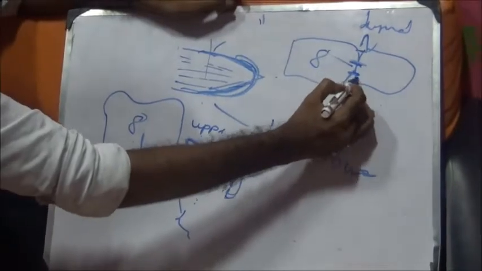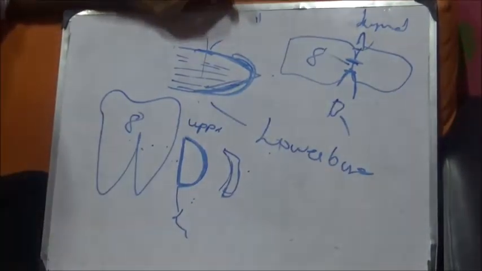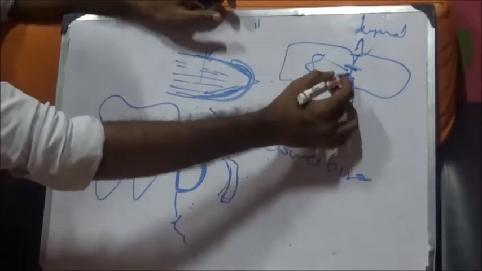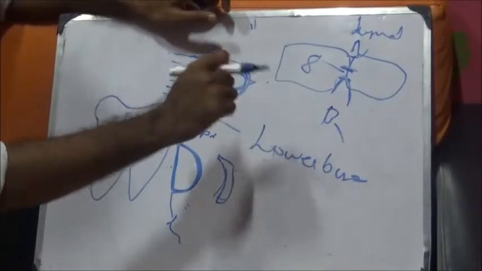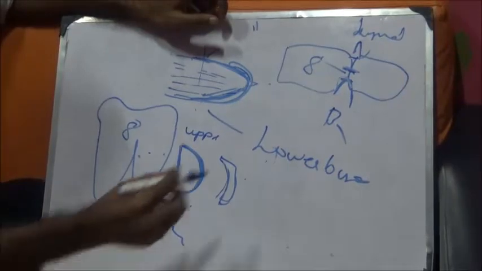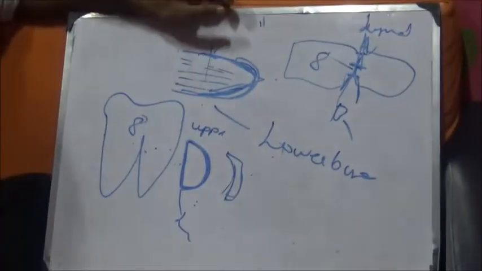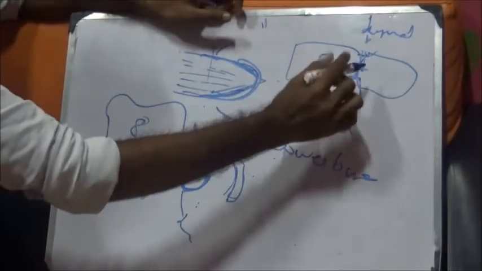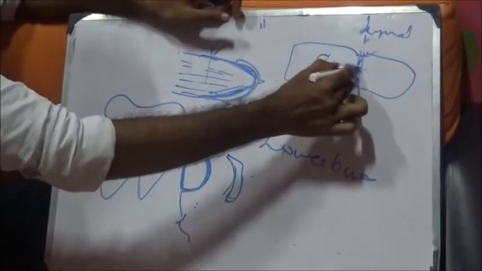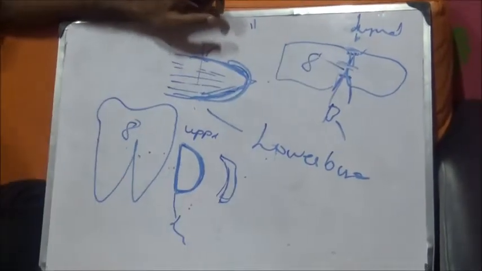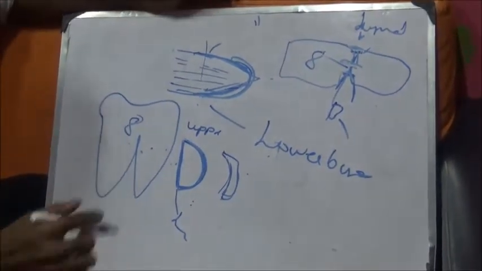If the elevator is only here, in the beginning stage, many doctors will make this mistake. They won't go deeper. They will keep the elevator there and keep on pushing it. Another mistake is using the elevator too lingually and trying to give the pressure. It should reach at least the interproximal, but not beyond this lingual bone. Then only the mechanics will be proper.